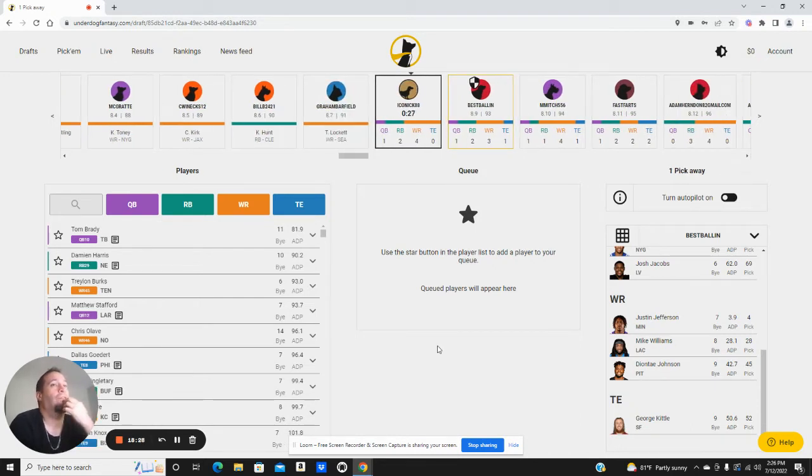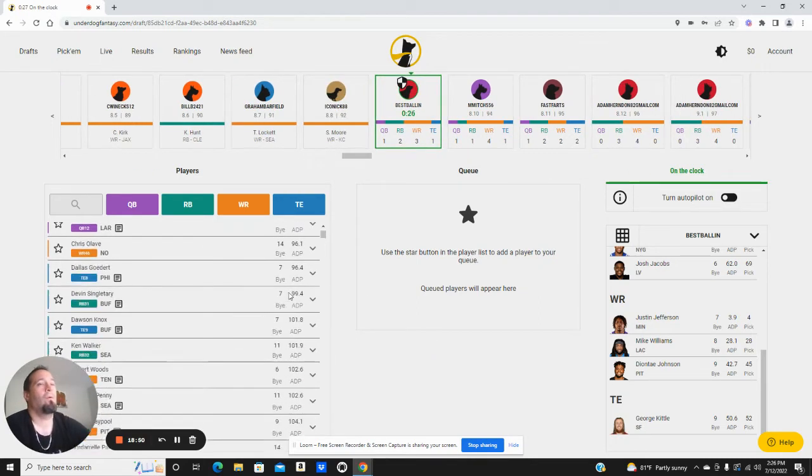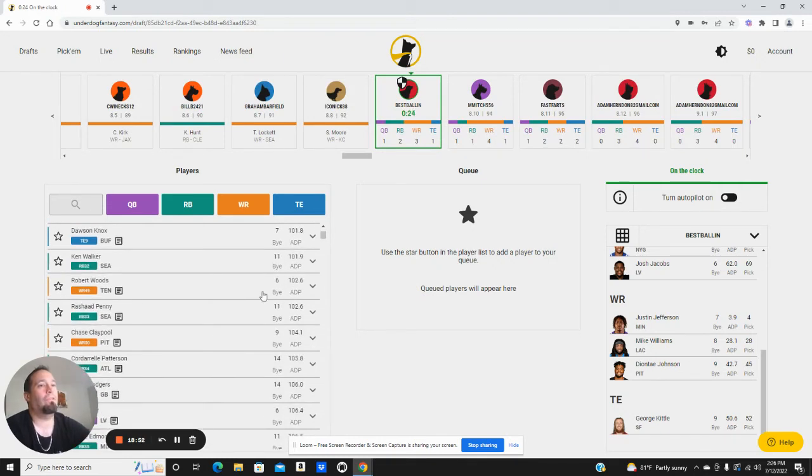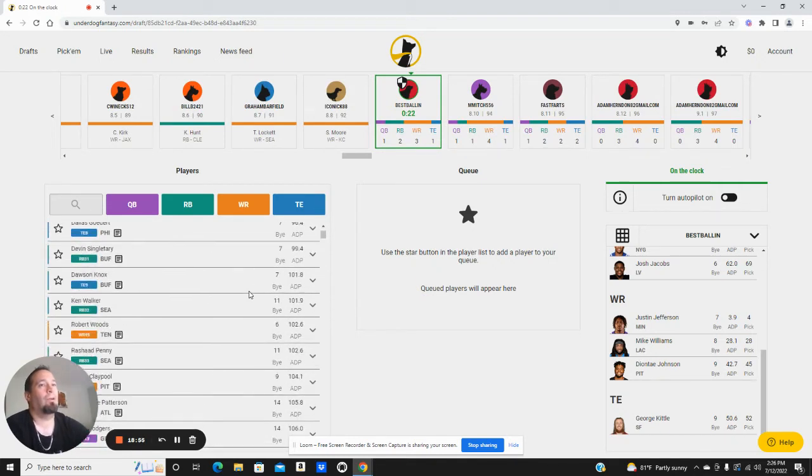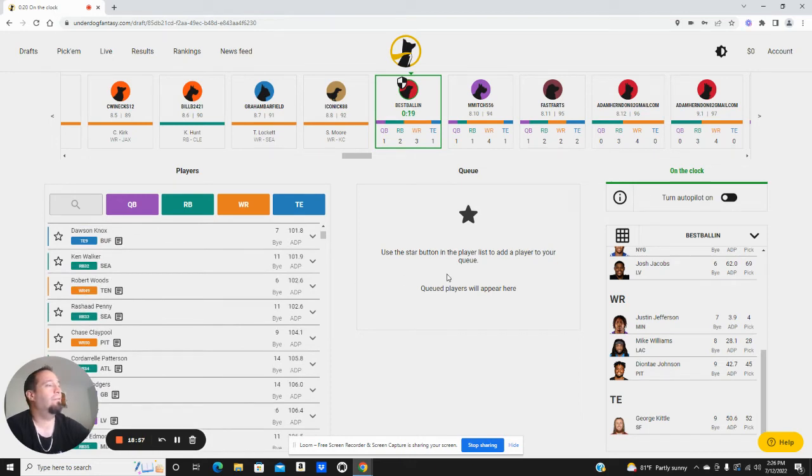We could go with a hyper fragile build if we take Damien Harris. I know I mostly say hyper fragile is like three people from Sanders and up, but I consider Damien Harris and Devin Singletary guys I will occasionally build a hyper fragile with as well. So it's either Damien Harris or Burks or Olave. Do I have anything to go with Burks or Olave? I don't really.